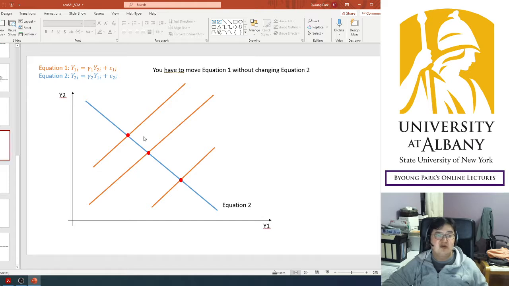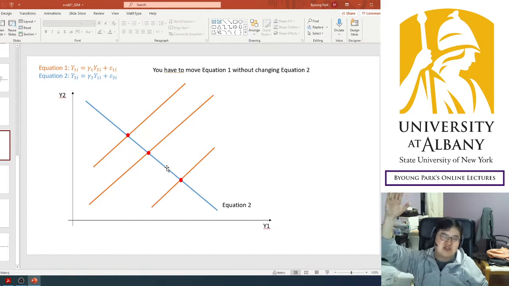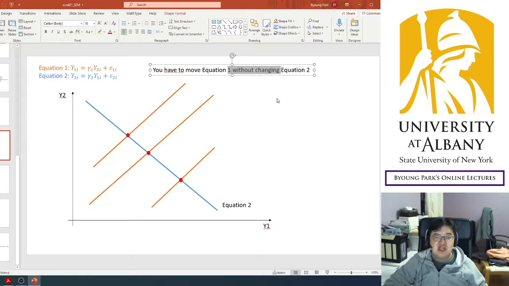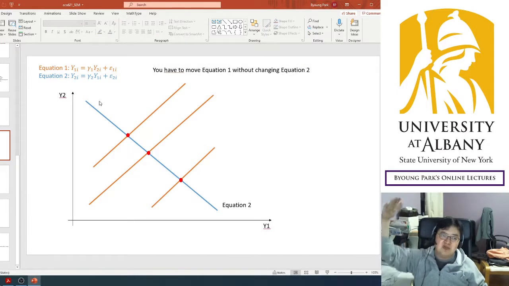To do that, we have to have equation 1 moving like this. Equation 1 has to slide down through equation 2. How is it possible? The point here is we have to move equation 1 without changing equation 2. Equation 2 does not change, but only equation 1